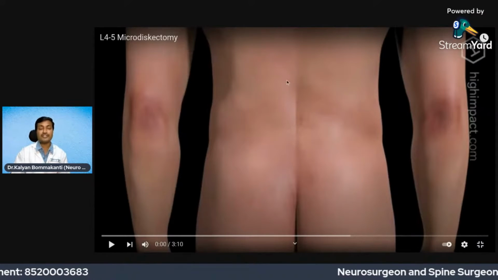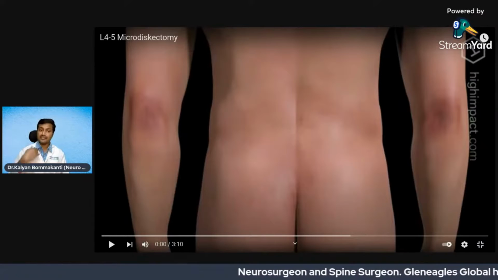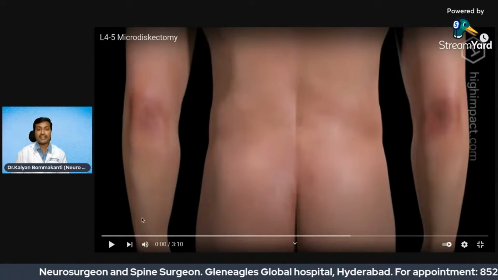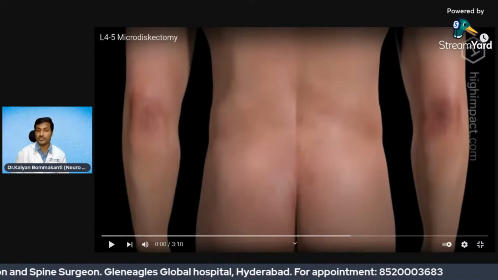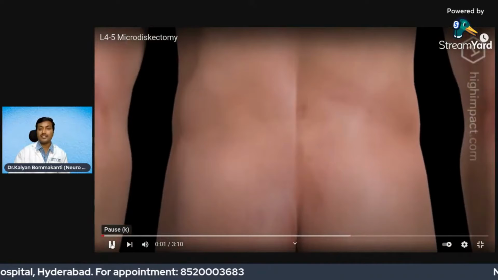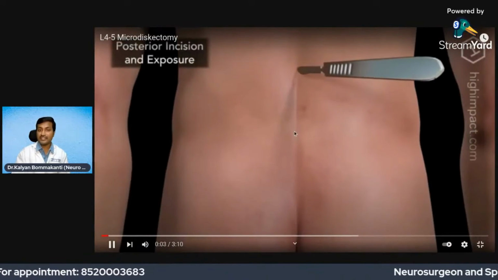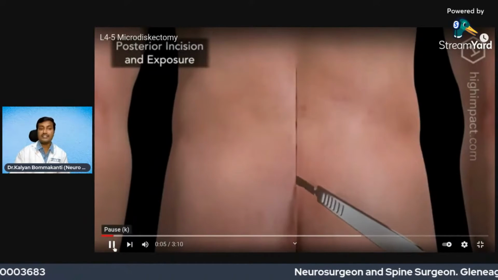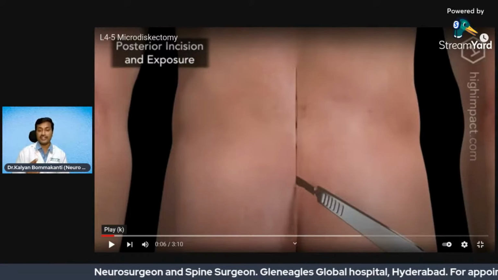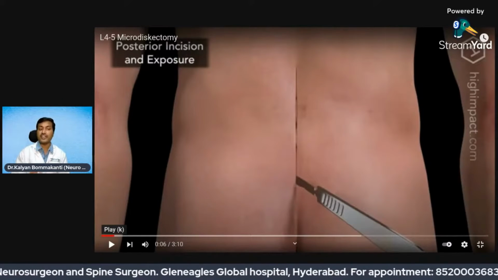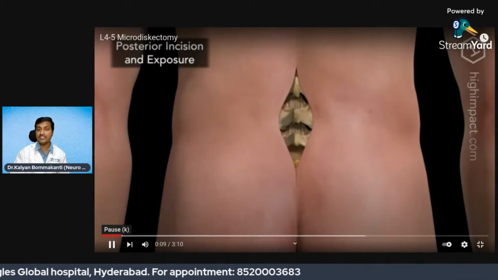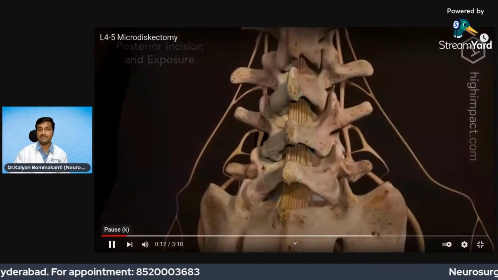So this is the patient who is lying on the operative table, prone, that is with his head down towards the table. Microdiscectomy is done under general anesthesia usually. So the patient is unconscious. The microdiscectomy includes an incision on the skin. The incision is usually not as large as shown in the figure. For a single level disc, the incision is approximately 1 inch in size. Here it's shown larger for you to understand.